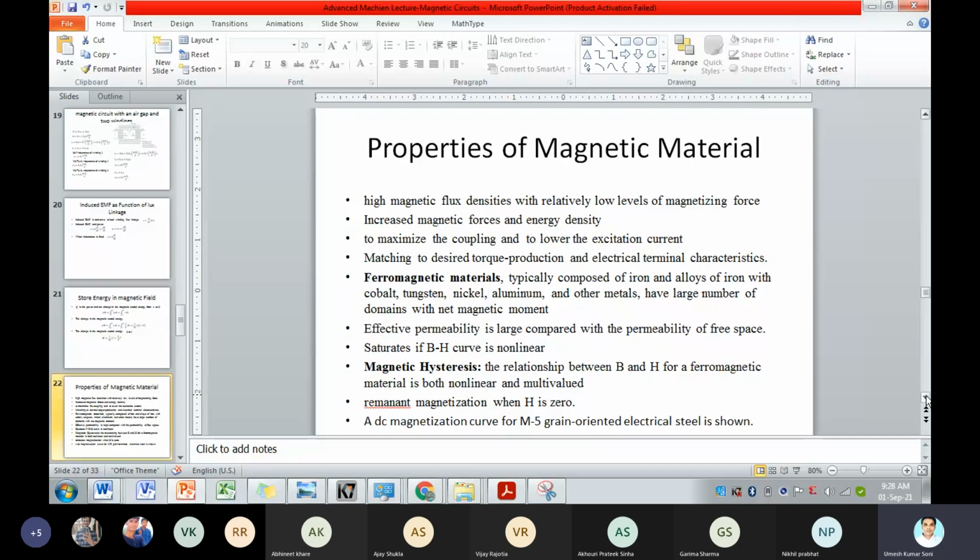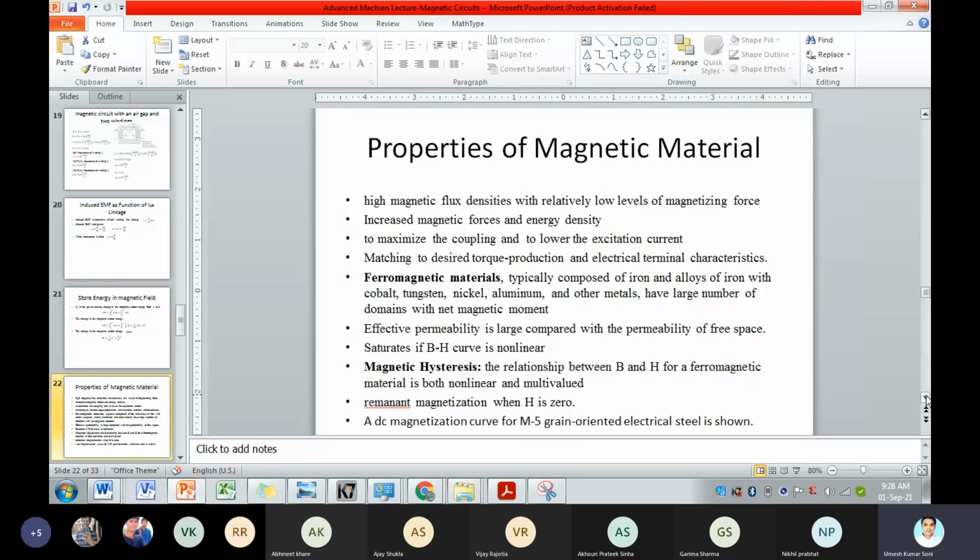These are used for magnetic materials in motors and transformers. So ferromagnetic materials are those which have permeability large compared to the permeability of free space. Okay, permeability बहुत ज्यादा होती है, रिलक्टेंस बहुत कम होती है फ्री स्पेस के कंपैरिजन पे।